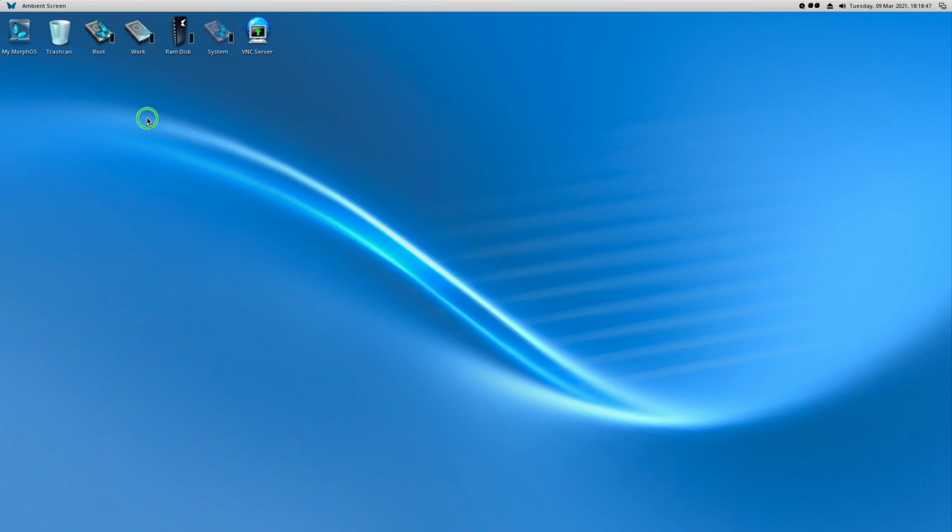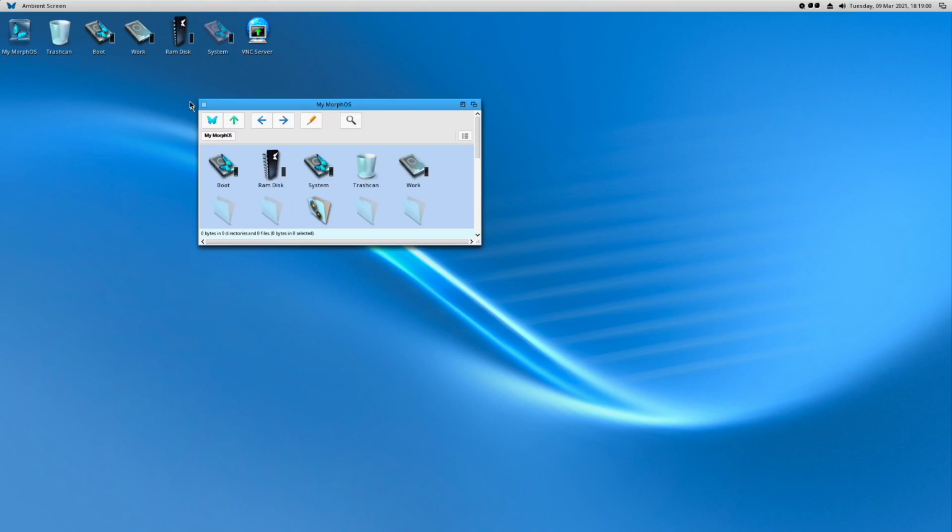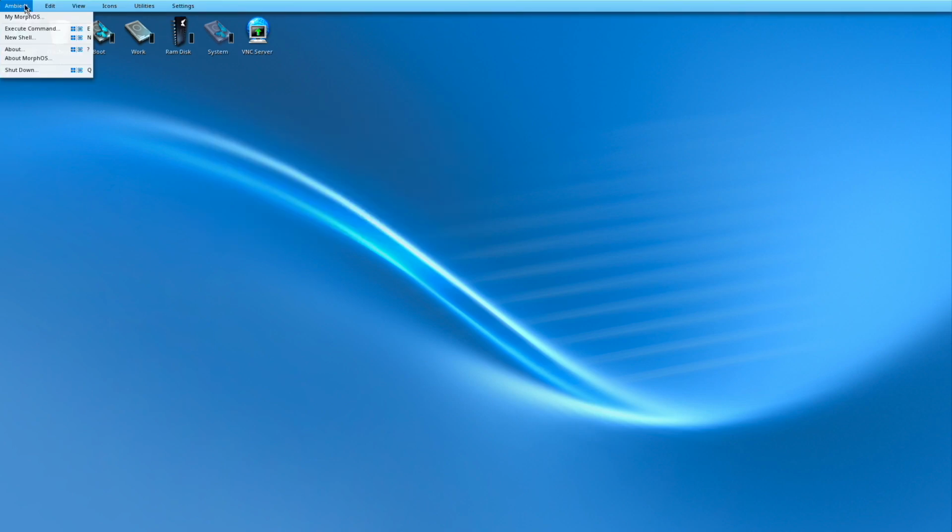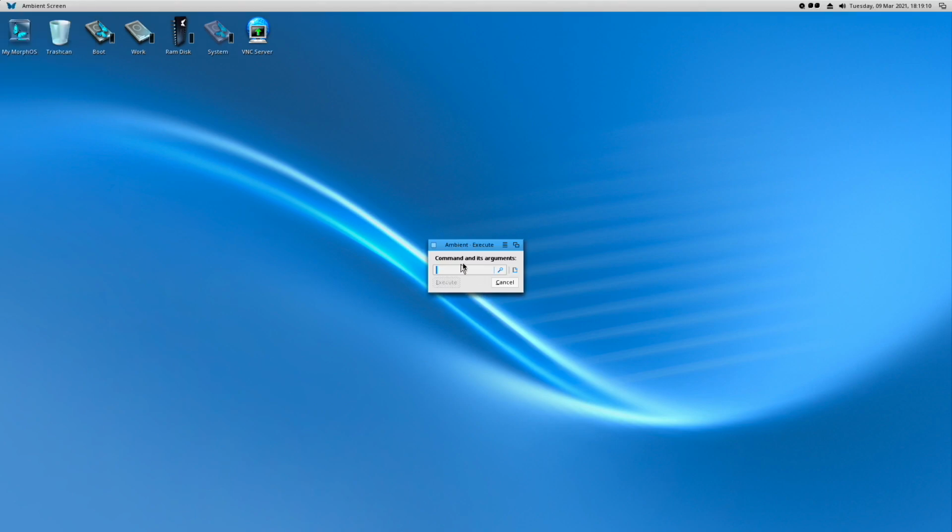When you right click the desktop, you get this Ambient menu. You have basic system options, just like the Apple menu on a Mac. So for example, if you click My Morphos, go back to that same folder, the menu disappears, which is quite annoying. Execute command is like Run in Windows, where you can execute a command and its arguments, but you cannot